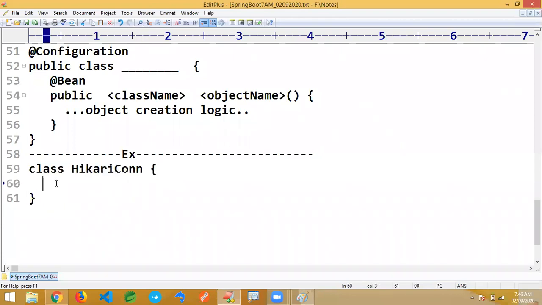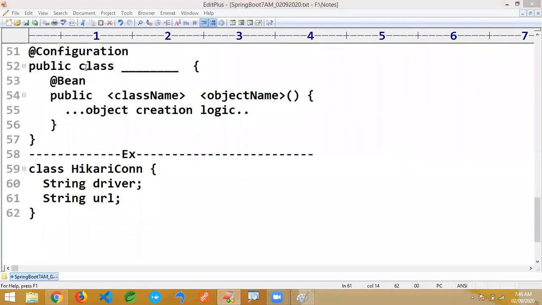It's actually one class, having string driver and string URL. Sufficient. You could write so many more, username and password. I don't want to make it complex by giving a complicated first example. With a simple example, first you should be able to write the syntax based code, then I'll explain one by one.